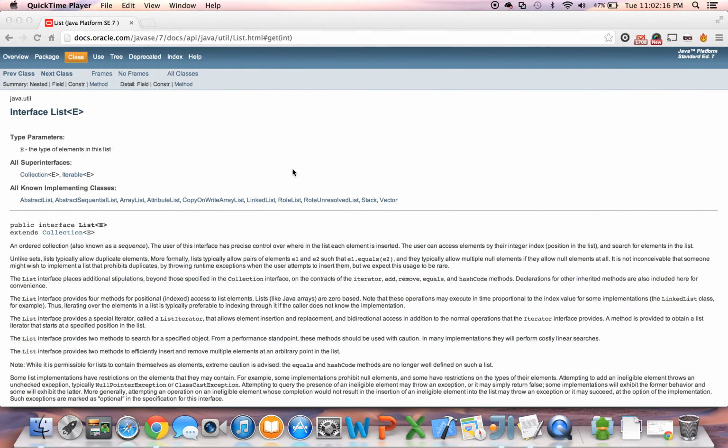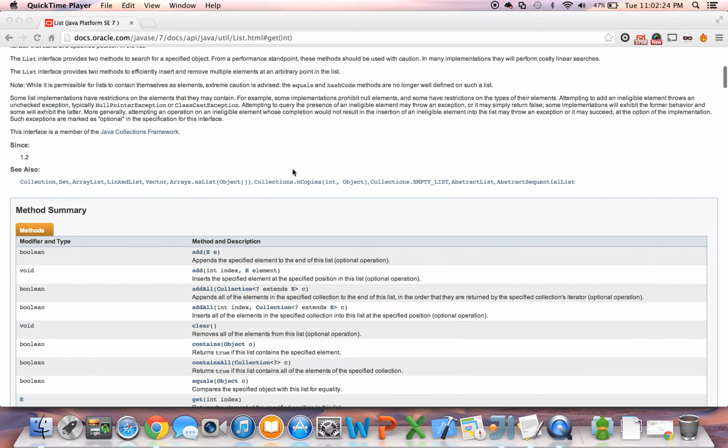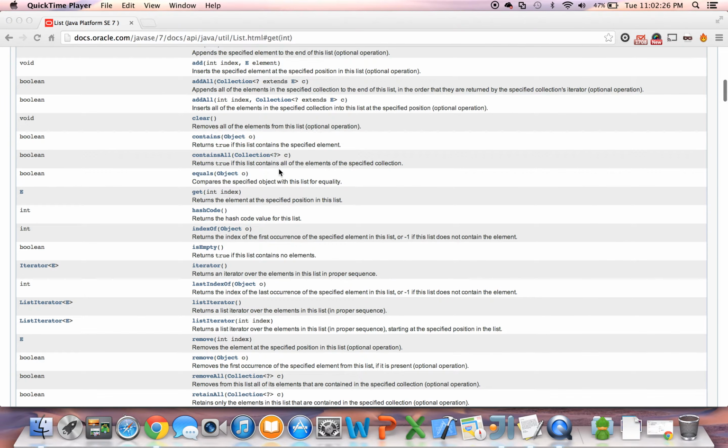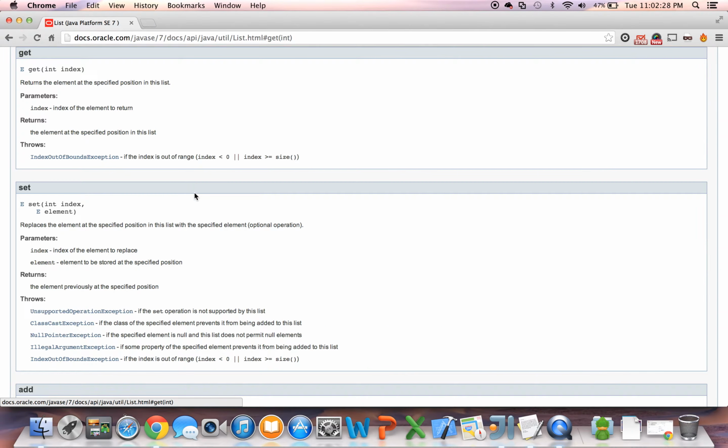Welcome back. In this video we're going to look at how to implement the get method of our linked list. Let's take a look at the documentation for get, and it looks like it's right here. It returns something of type E. Remember, E is the type of data that's stored in our linked list, so that makes sense because we're returning